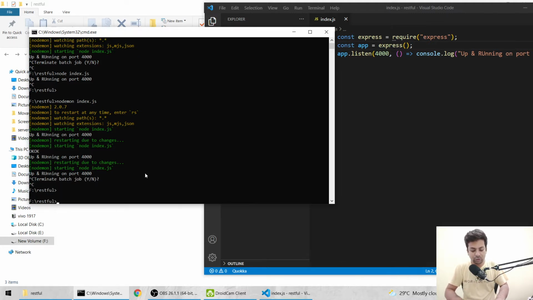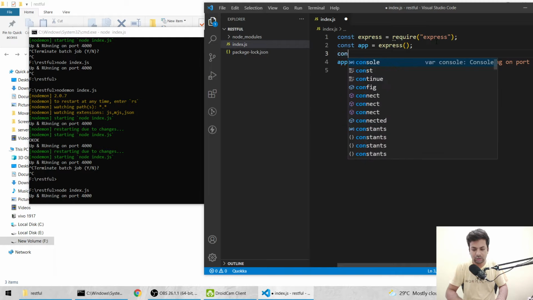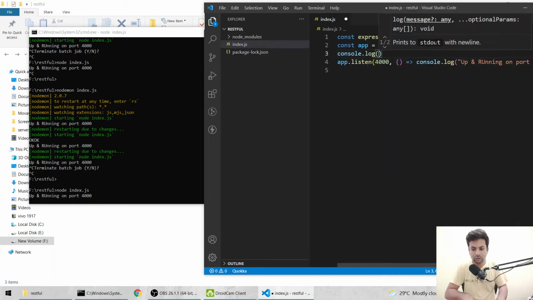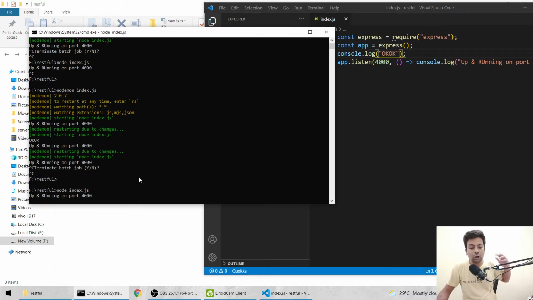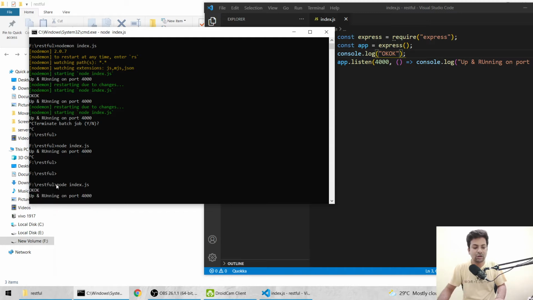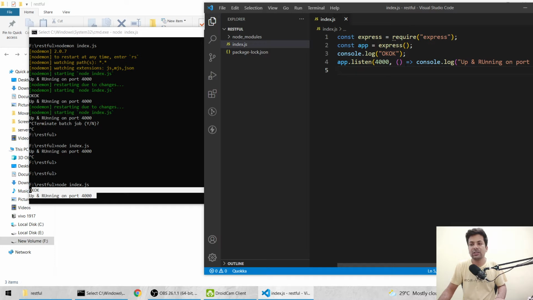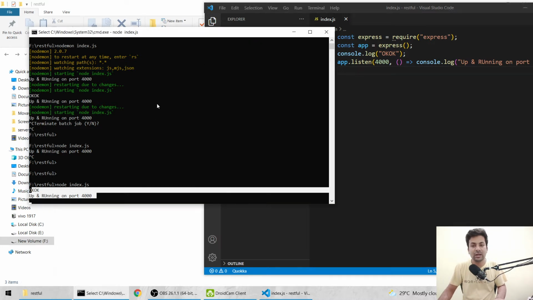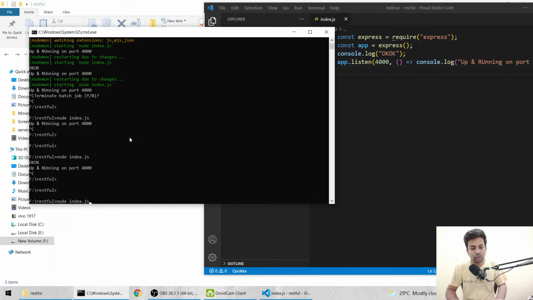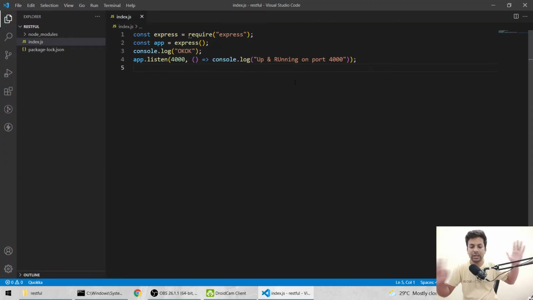Now if I run it with node and add a console.log, okay, now it's not automatically restarting. For that we have to run it again. See, now it's showing. So that's why we use nodemon. Whatever changes we make, they should automatically reflect in our command prompt. Okay, so let's just run it with nodemon. Okay, yeah, so it's finally running with nodemon. Nothing much.